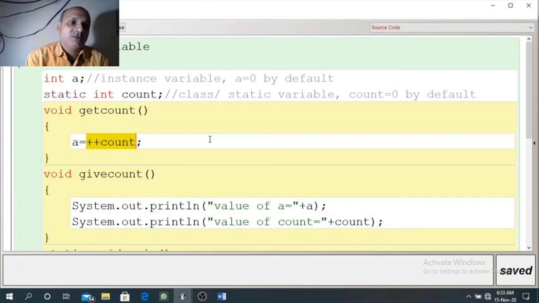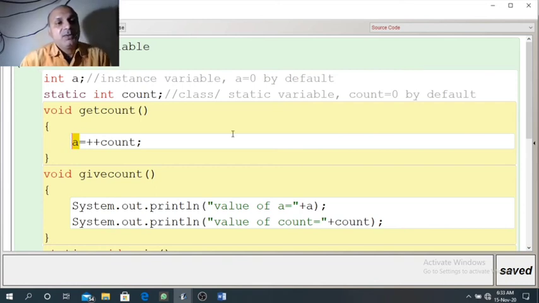and the same value 2 will be shared among both the objects ob1 and ob2. Now 2 will be stored in a, but this variable a is an instance variable and it belongs to object 2. So for object 2, the value of a will be 2, but in the previous statement, for object ob1, the value of a was 1.